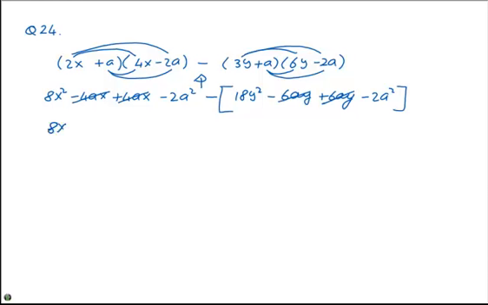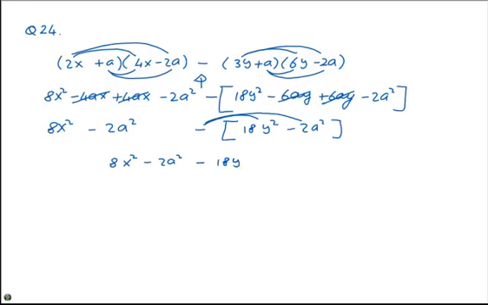You'll be left with 8x squared minus 2a squared minus your square bracket then 18y squared minus 2a squared. You deal with a square bracket the exact same as a round bracket. It means the exact same thing. It's just to distinguish between different parts of a question. That minus will still have to multiply into both terms. So just drawing it together a little bit, 8x squared minus 2a squared minus 18y squared